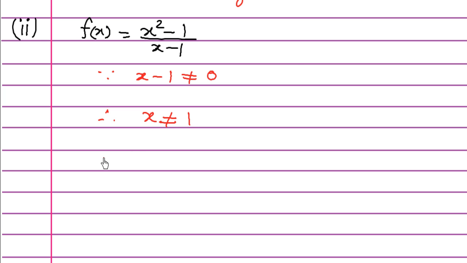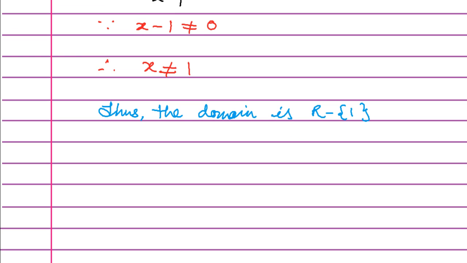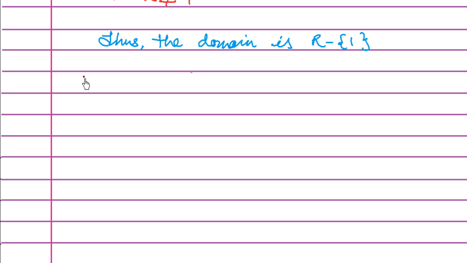Thus the domain is any real number except 1. This is the domain. Now we have to find out the range. The same procedure we will follow as we have followed in the previous question. Now for range,